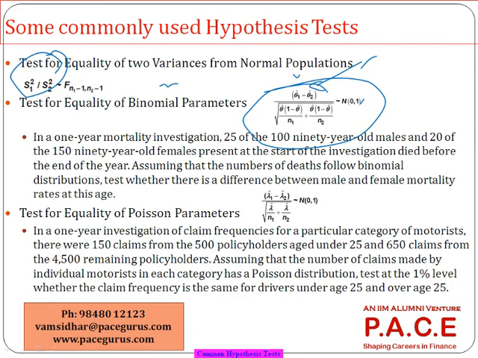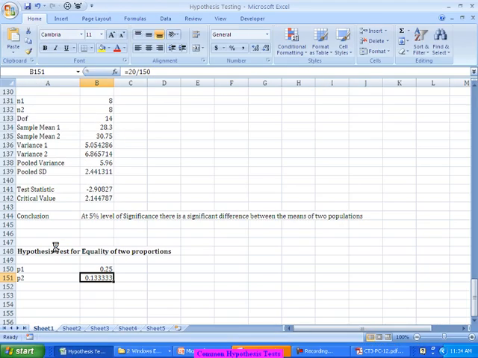What is it saying? Assuming that the number of deaths follow a binomial distribution. So we are talking about a binomial distribution, and we are looking at the comparison of the proportions. So P1 and P2 we know. Based on that, in the denominators we can find out P into 1 minus P by N1. All right, so what is that? I can find out P1 into 1 minus P1 by N1,